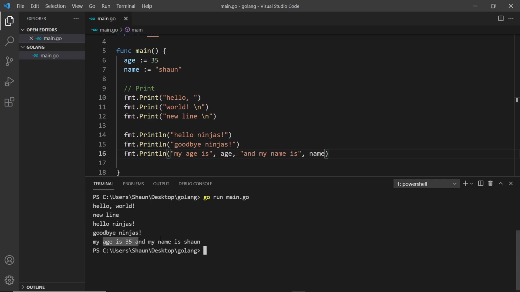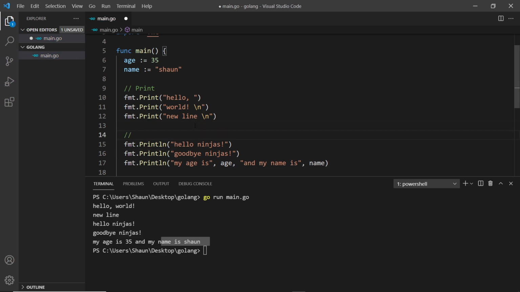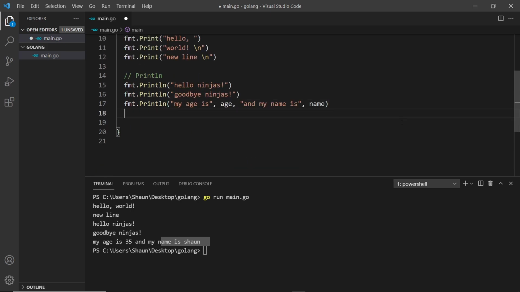My age is 35 and my name is Sean. Awesome. So that's how we output variables. Very simple. Okay then, so this was print line. And by the way, this is how you do comments in Go, just the same as JavaScript and some other programming languages, just //